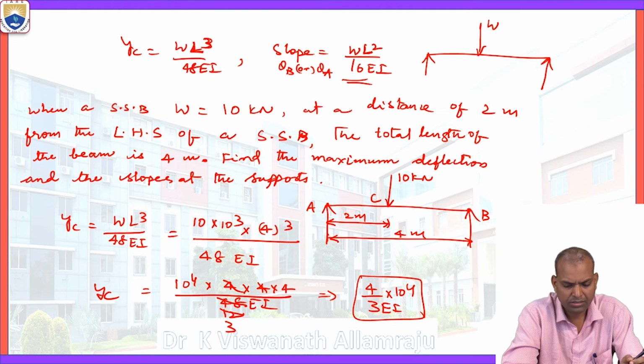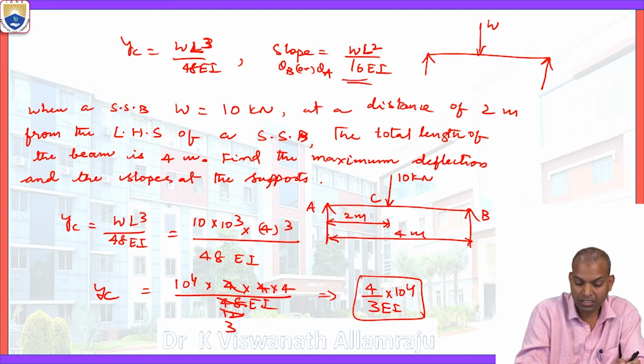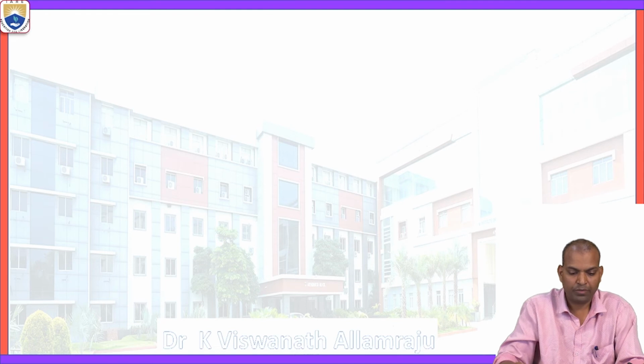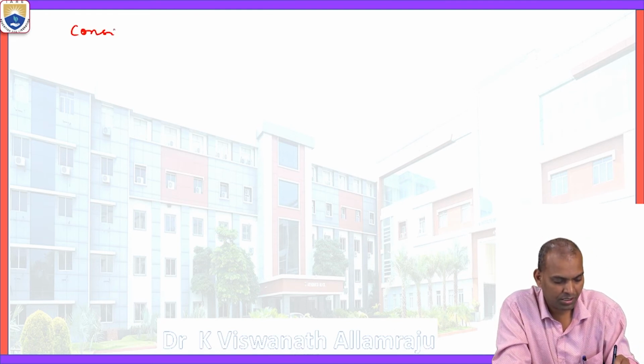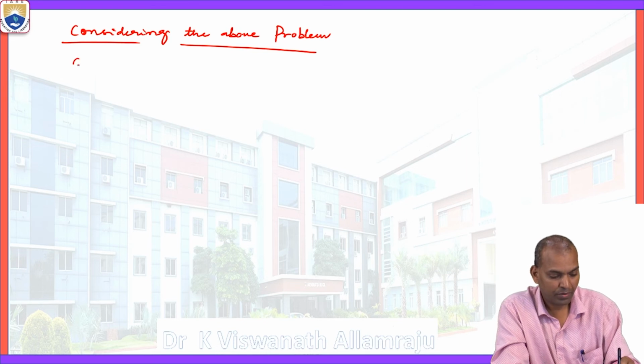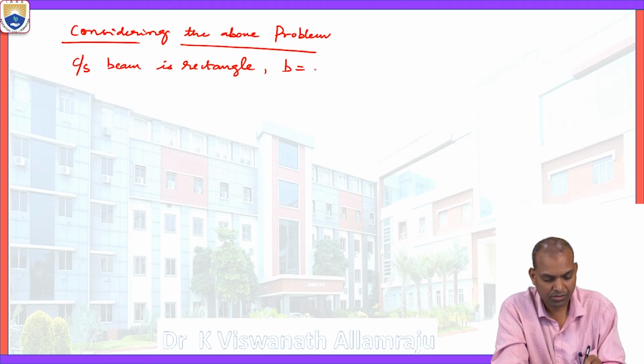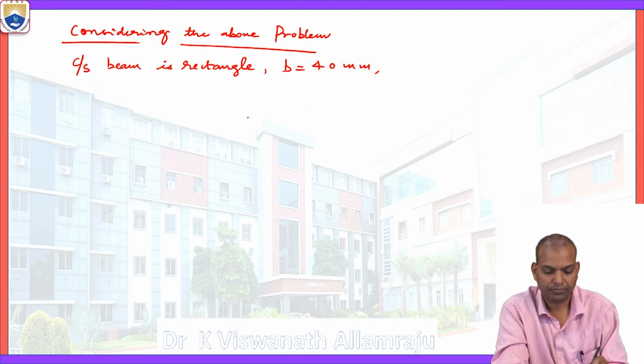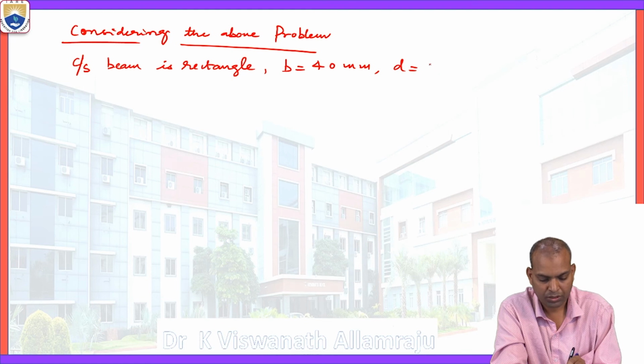If we consider the property of the material, the modulus of elasticity of the material is 2 gigapascals, or 2 giganewton per square meter. Our moment of inertia I is, suppose, for a rectangular section of the beam. Considering the above problem, the cross section of the beam is a rectangle, width B equal to some 40 millimeters, depth D equal to 30 millimeters,